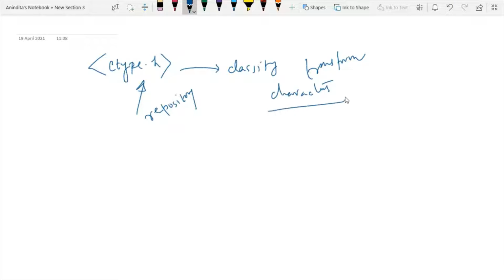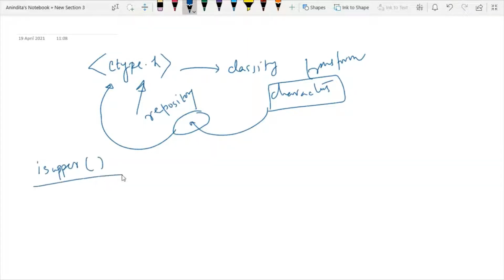So these character related operations are performed by some specific standard functions that belong to this ctype.h header file. Among these, one of the most popular functions is isupper. isupper is a standard library function that can be used to check whether a particular character is in uppercase or in lowercase.